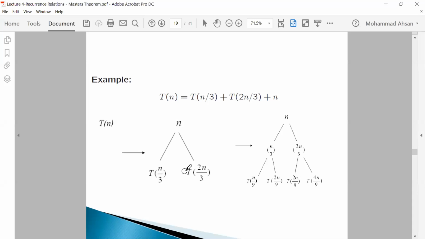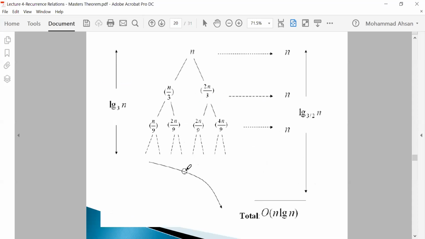Basically what I'm trying to say is, when you have unequal partitions of the subproblem, one partition might reach T(1) faster than the other partition. That means if you count the height from the root node to that T(1), it will be less than the height for the other branch. So if you see here,